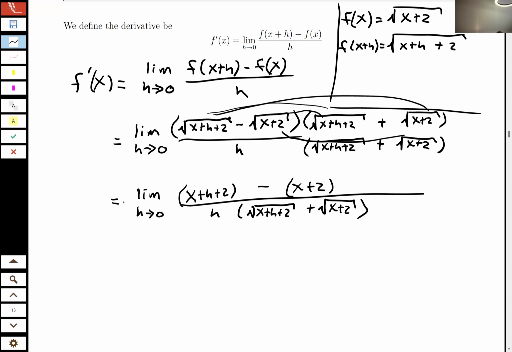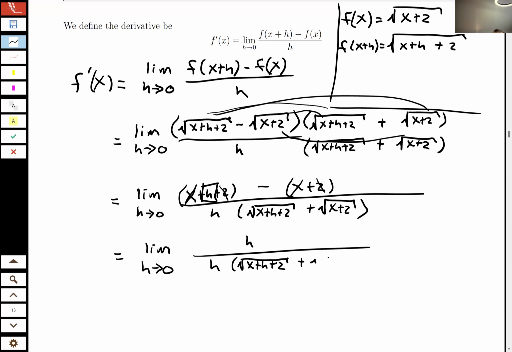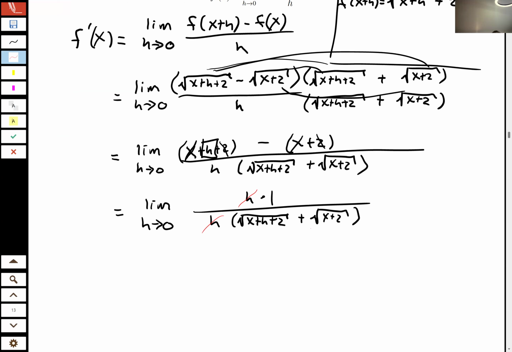Let's see if I can simplify this a little bit more, though. I have the x's are canceling. I have the 2's are canceling. So the only thing left on the numerator is h. But I have an h in the denominator as well. So if I think of this as h times 1, and I divide the top and bottom by h, that leaves that placeholder 1 still in the numerator. And in the denominator,